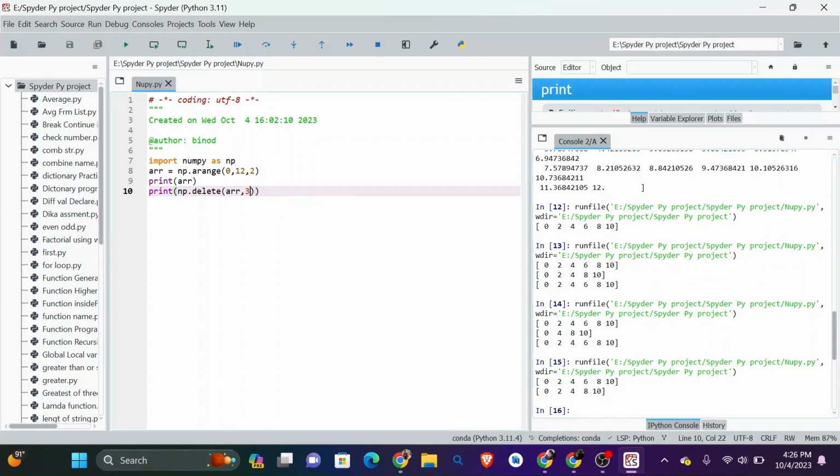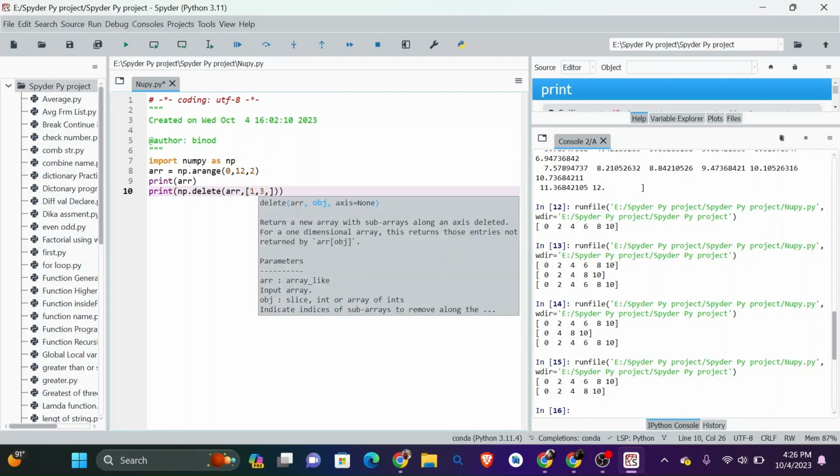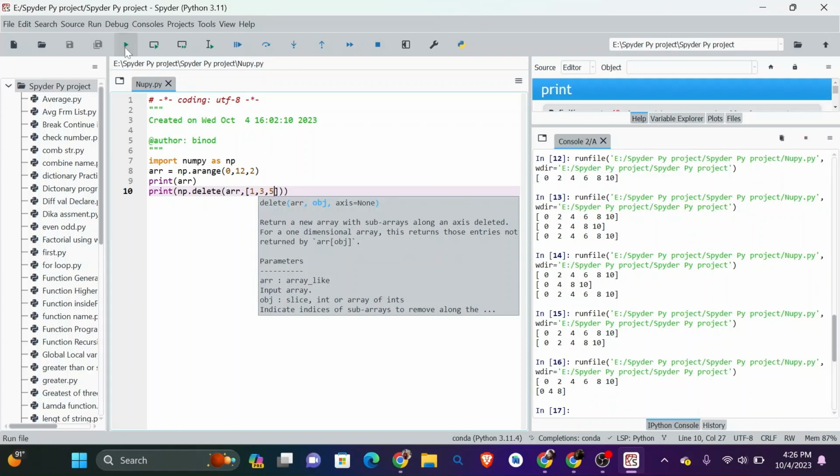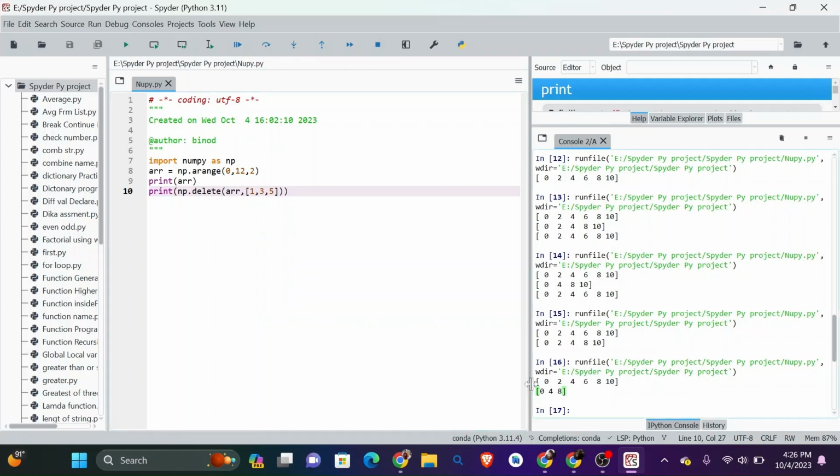If you want to delete more than one element from this array, you can use the positions of the elements you want to delete. I want to delete the first position element, third position element, and fifth position element. Now after running the program, see here. The first position element is 2, which is successfully removed. The third position element is 6, which is again successfully removed. And the fifth position is 10. 10 is also removed here. Only 3 elements are remaining here. That's all for